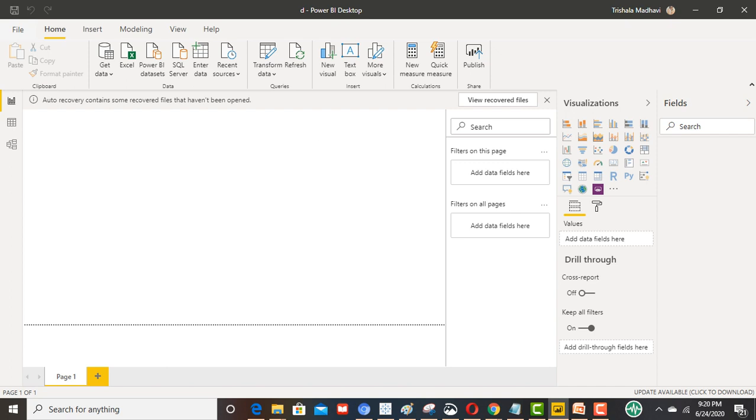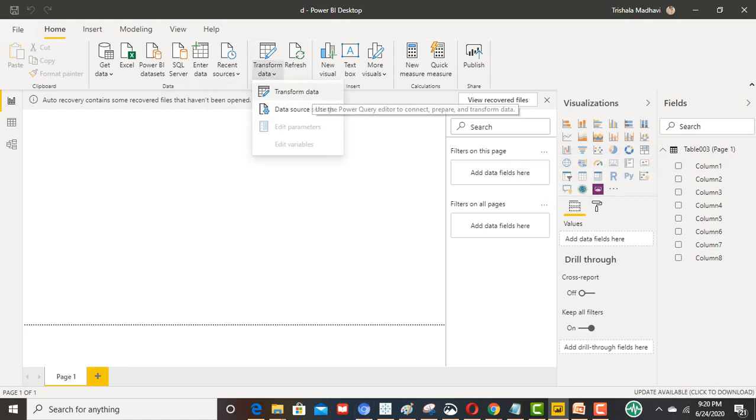And since this is PDF data, we require cleanup also. So now see, we loaded the data, but the data is not coming in the proper way, like it is coming as column 1, 2, 3. It is not coming with the name of that column, etc. So for that we have to clean. So for that, come to Transform Data,